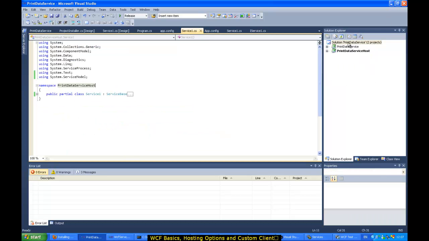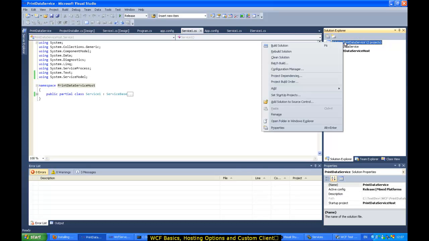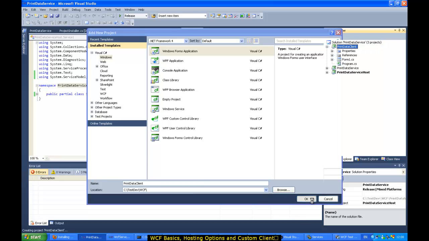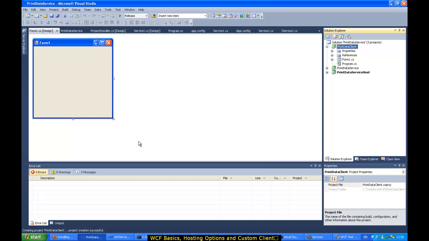Okay, to make a client, we will just make a Windows form-based application, and we will see how we can invoke methods of this WCF service from a Windows form-based application. So I say add new project, and from Windows form application, here I can say print data client, and it should go into this folder. Okay, so we get a form,